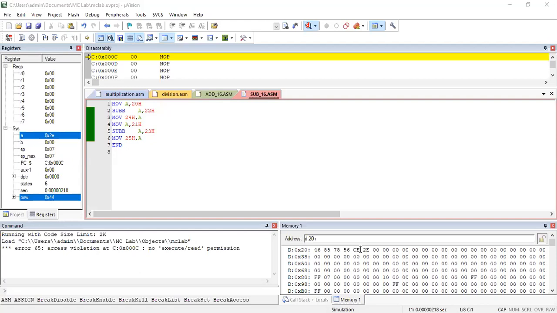Now suppose you subtract a smaller 16-bit number from a larger one in the opposite order. If you do 5678 minus 8546, what will you get? You will get a negative number, right? To indicate the negative number, the carry flag will be set. Based on the carry flag, you can determine that the number is negative and the actual answer is the 2's complement of whatever results are stored in the memory locations. That is a way you can identify it.